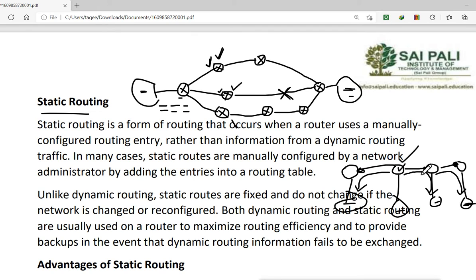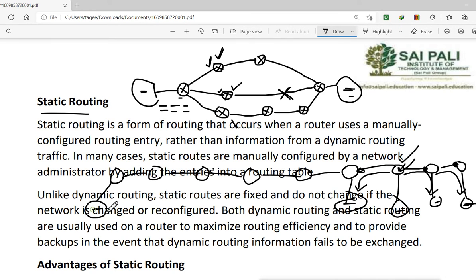And again I am saying, you have to mention the first hop. Either way, even if you are going very far, like you have multiple routers connected in a straight line, and you have a network at this end. Now when you are configuring any of these routers, suppose you are configuring this router and mentioning this network, you will use the ip route command, then mention the network and the subnet mask, then the first hop address.